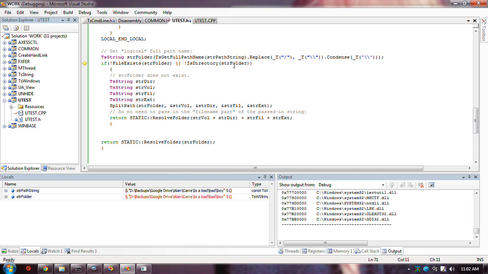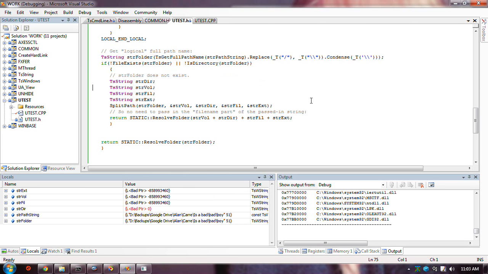And also, if it's a directory, right, then, if it's a file, then we can cut it off, because we want to pass a folder into this function. In this case, it doesn't exist, so I split it up, and I'm just passing in volume and directory.